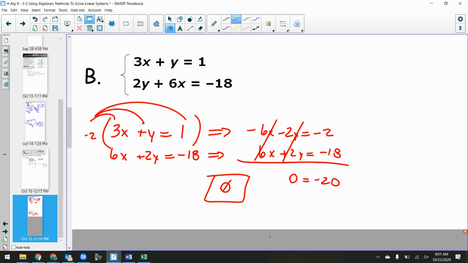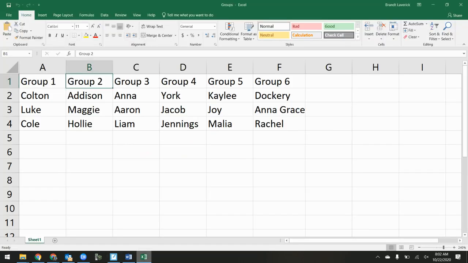Now, for the sake of keeping track of groups and everything like that, and I've got to know who's in what group, I know, don't throw things at me. I assigned you groups. Okay. Sorry, you don't get to pick your groups, but I just assigned you groups. I just kind of went through and